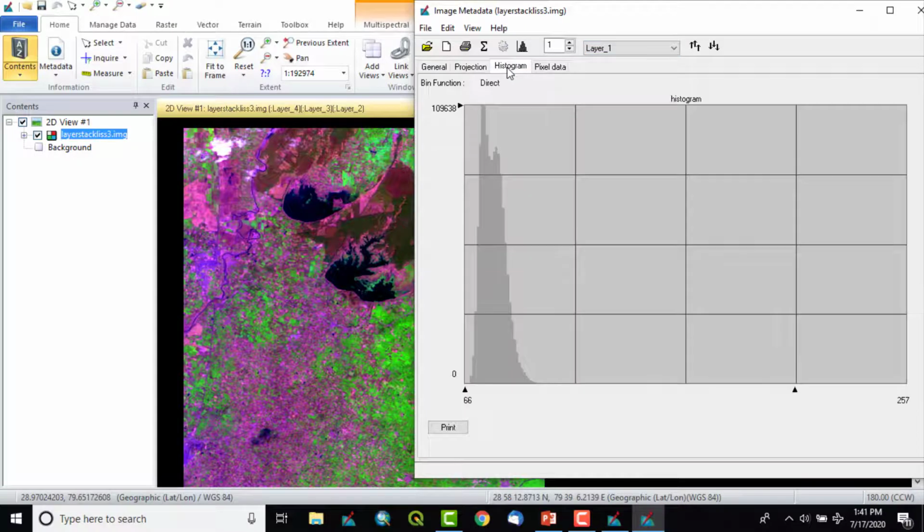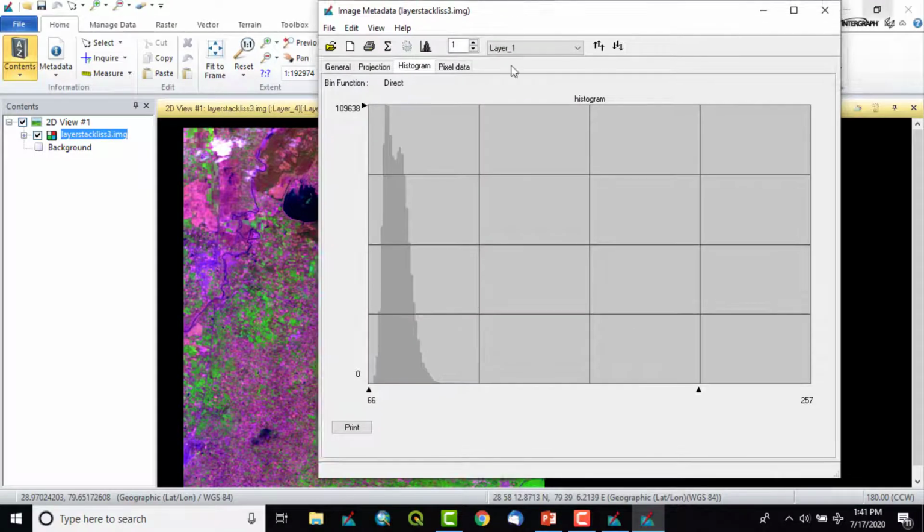Next is histogram. This is also an important parameter of the satellite data. The histogram is nothing but the graph of the pixels against pixel data. Any image has these histograms layer wise.